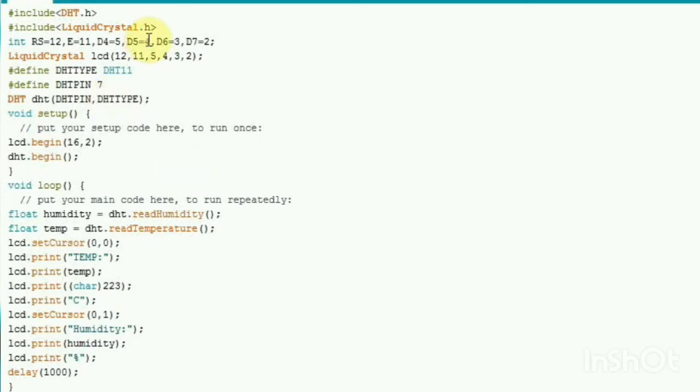Then the next is, here we are going to display our humidity and temperature reading on the LCD, and therefore we have to include liquidcrystal.h, that is the LCD library, in the program. Now the next two lines are related to the LCD only, that means the RS, enable, and D4, D5, D6 and D7 data pins of the LCD, and these pins are connected to pin number 12, 11, 5, 4, 3 and 2 of the Arduino.